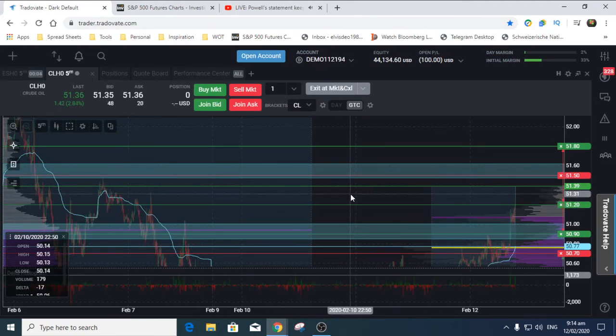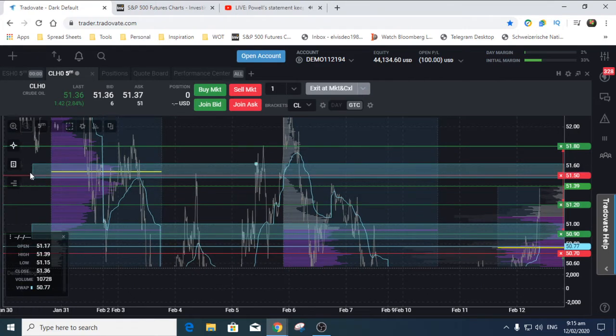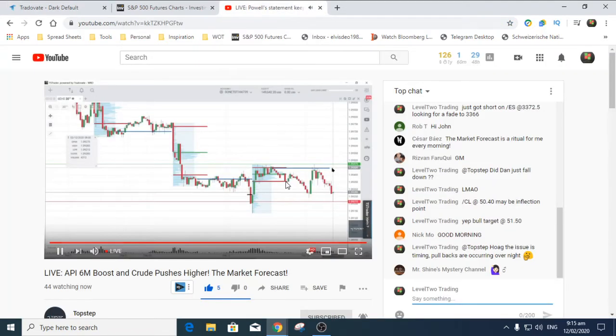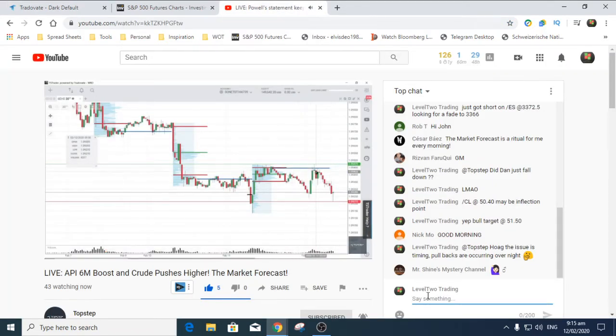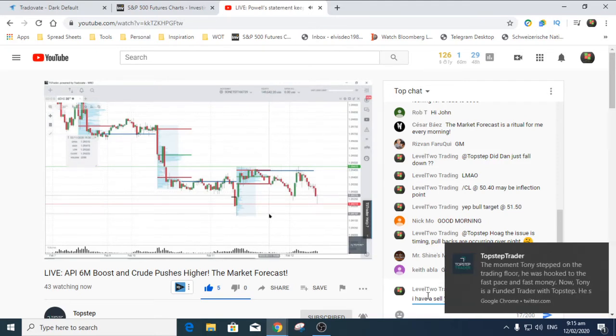Taking a look at the 30. Optimal entries at 55. We've got settlement right here, 109.44 and a half ticks. We've bounced off of it a couple of times in the overnight. We continue to see short time frame traders trying to push this market lower. This overnight low we just tested down below. We're going to be looking to see if we can find some opportunities down here near yesterday's regular trading hour low.